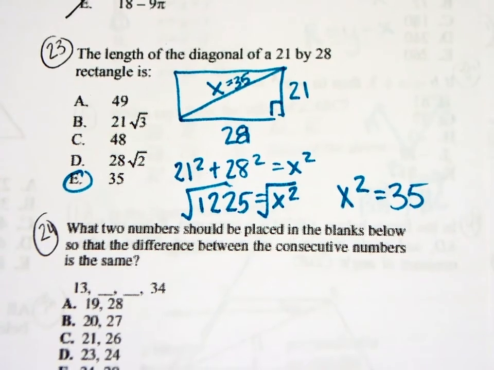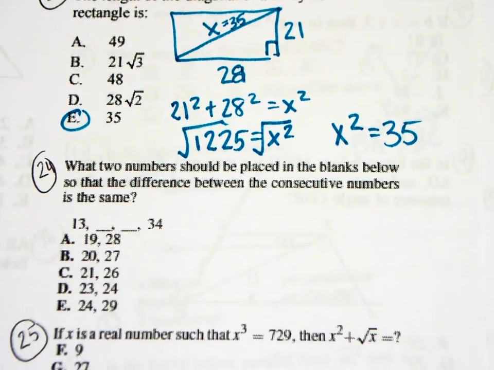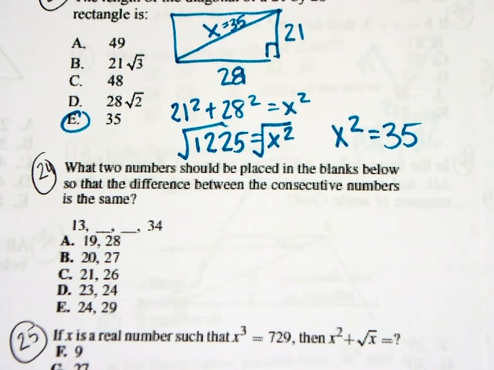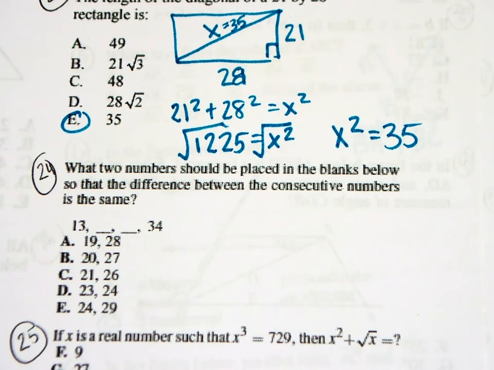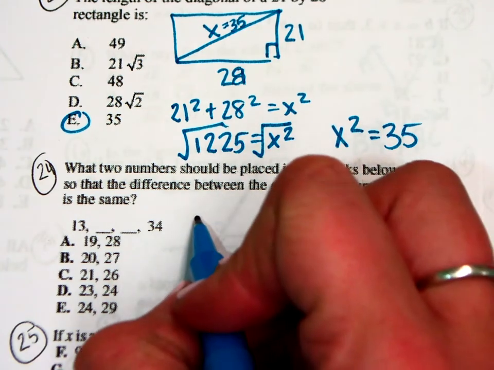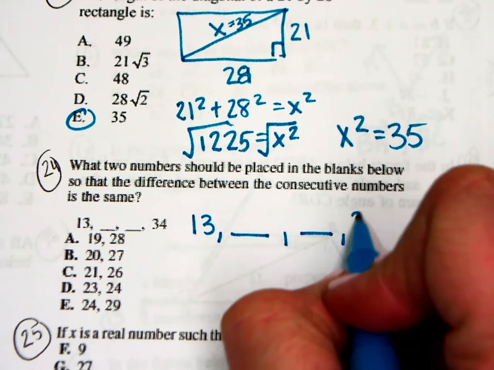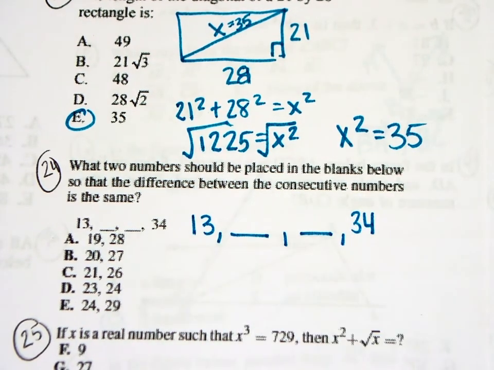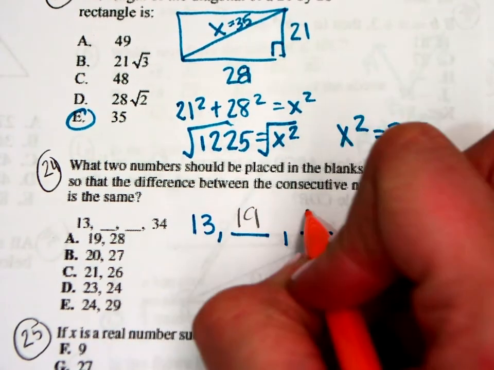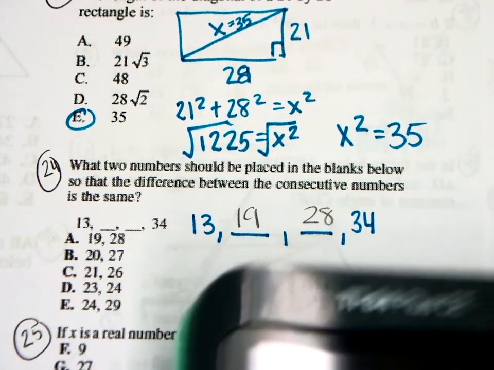Okay, number 24. What two numbers should be placed in the blanks below so that the difference between the consecutive numbers is the same? What we're trying to find out is, based on this pattern, we want to know that everything is the same. So 13, another number, and 34. The numbers have to increase at the same speed. So if I put 19 and 28 in this block, okay,